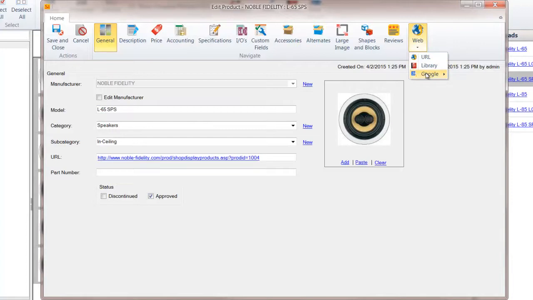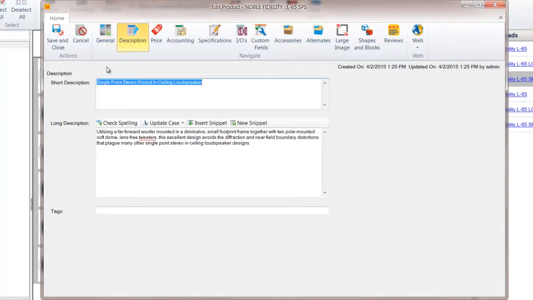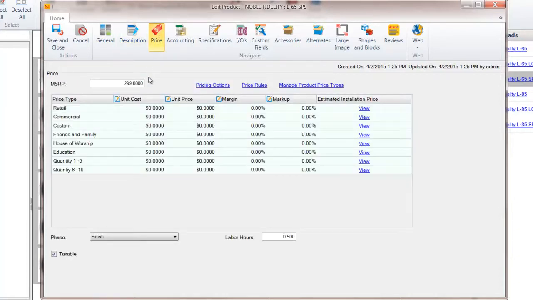So we could do a quick Google search if we don't like the image. If we need more copy, we can go out and do a search there. We'll also track the short description and a long description, and you can determine what you would like to see on your proposals. When it comes to pricing, for many of our products we will provide MSRP pricing, but we